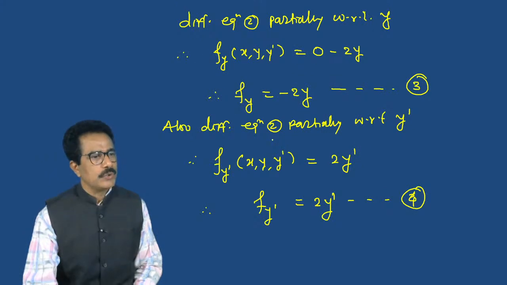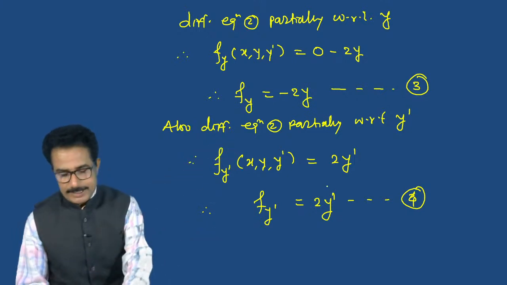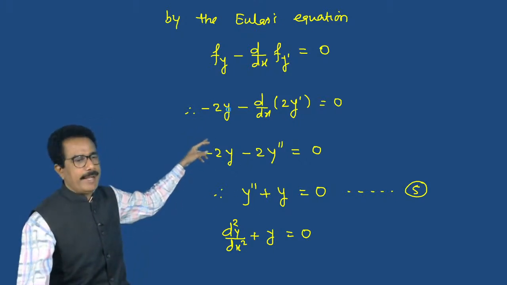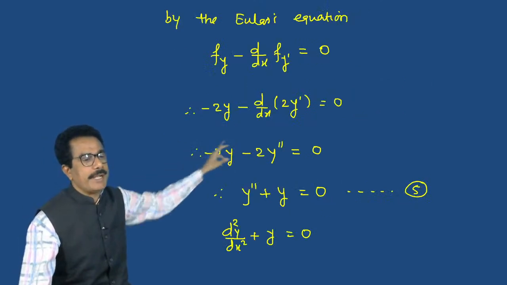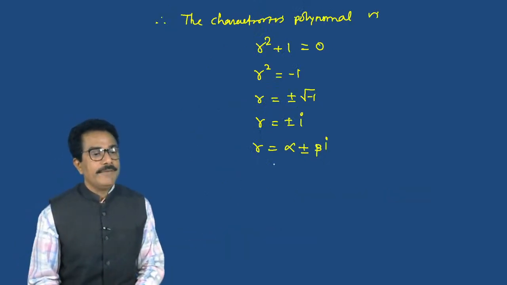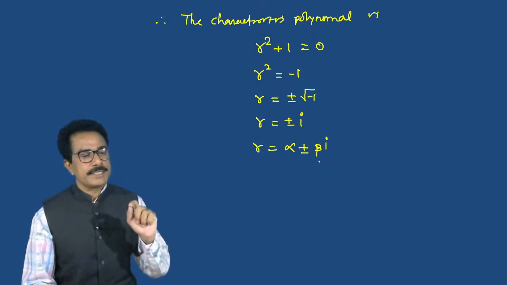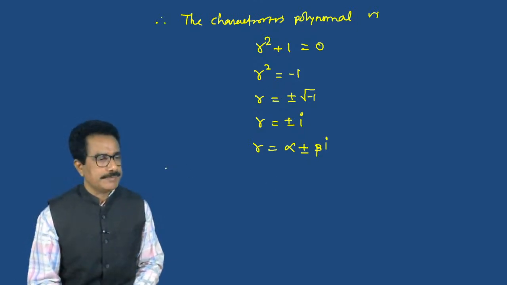Where does the minus come? See this: f suffix y means minus 2y, and f double dash y means this is minus 2y. Okay, this minus 2y, f suffix y means minus 2y, so replace this minus 2y. Okay, so if alpha is equal to r is equal to x plus beta i, then the equation